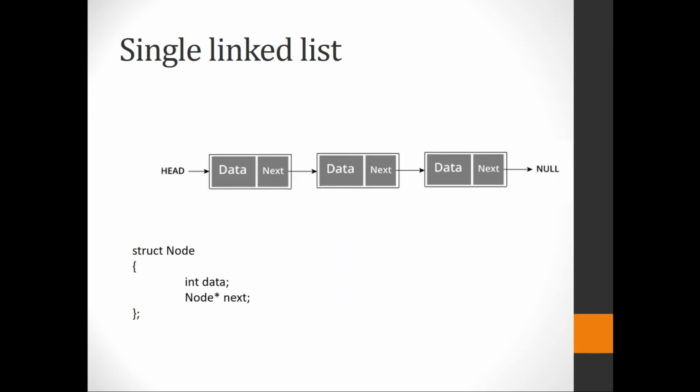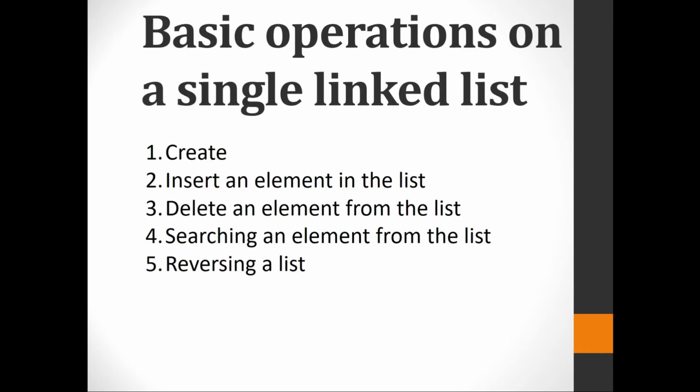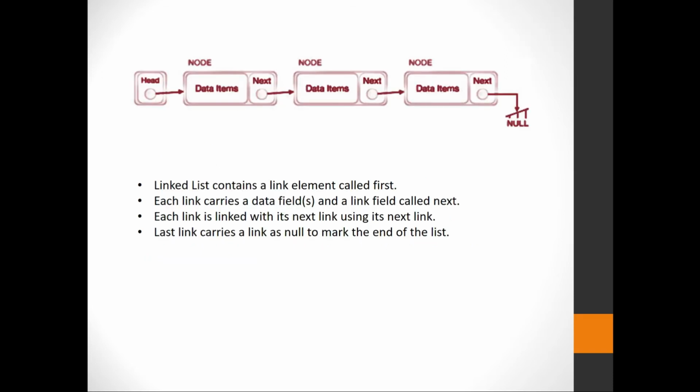Okay. So now this is a combination of a single linked list. As we have seen earlier, you will always have a head node, tail node. Now you are using a keyword which is called struct. So struct node, inside this particular node you will have a data part and now you have a pointer star next. Okay. So now as already said, you can create a node, insert an element, delete an element, search an element, you can reverse a list also.